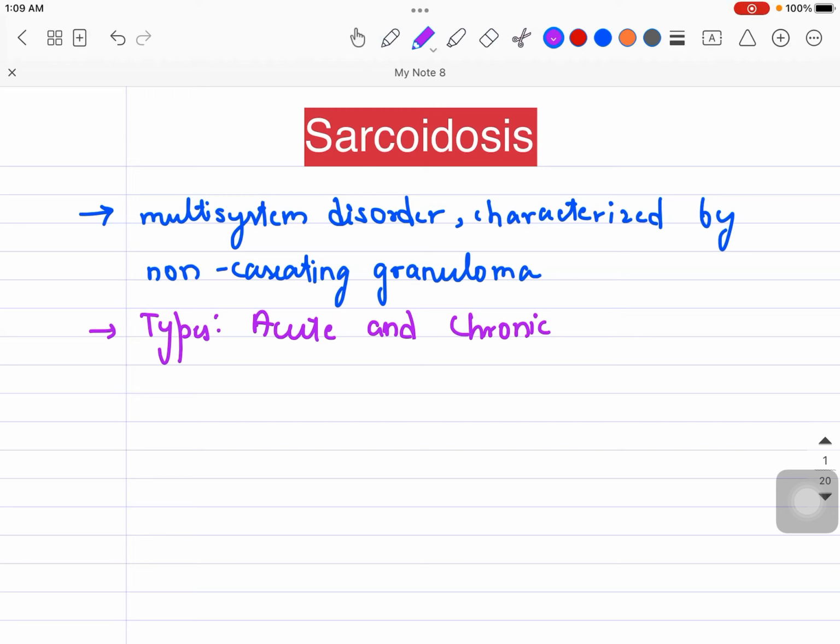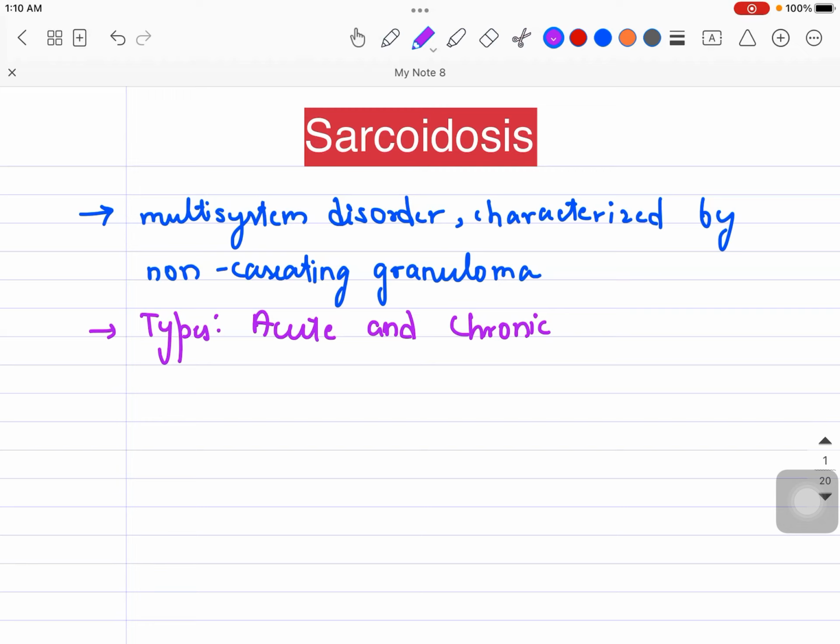As far as treatment is concerned, 50% of the patients, the majority of patients, will be asymptomatic, so we don't need to treat them. But some patients will require treatment, or will go into the severe stages. We'll talk about the stages also in this session. For those patients, we can start with oral steroids, and we can take the help of some other immunosuppressive agents as well. So that was the basic idea about the topic.